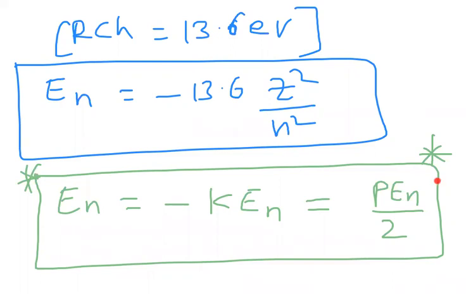Total energy, kinetic energy and potential energy: if I observe the expressions, I found the relation like this. Total energy is the negative of kinetic energy, and half of potential energy. If you observe this expression, you have to remember your first year gravitation chapter. In the gravitation chapter also you got this type of expression. In satellites, the total energy of a satellite is equal to the negative of the kinetic energy of the satellite, equal to half of the potential energy of the satellite.